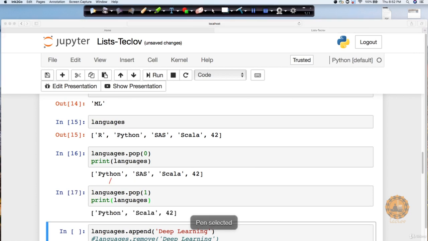As we already know, Python is my 0th element and SAS is my first element. That's the reason you will notice it pops out SAS from this list, and we are left with only Python, Scala, and 42. So this is also a way that you can remove particular values from your list.